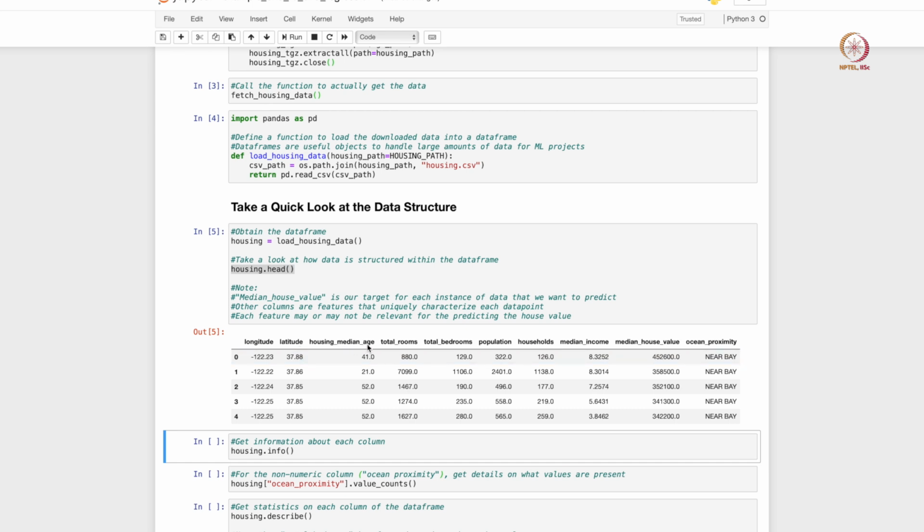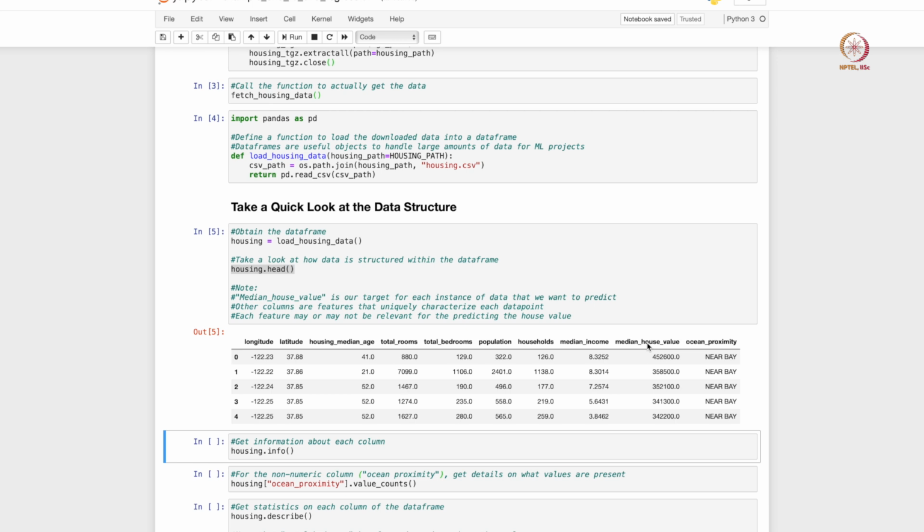So what is the median age of people who are living in that house, how many rooms does the house have, right, or how many rooms in the overall locality do all the houses put together have, how many bedrooms in total do all the houses put together have, what is the total population of that locality, how many households are there, and what is the median income in that locality and median house value.